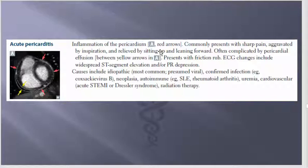I know one of the test questions I saw gives you this description, so you would have to know that it's acute pericarditis. Often complicated by pericardial effusion. So there's your effusion between the two yellows. You get friction rub. ECG will have changes, so widespread ST segment elevation, PR depression. Causes include idiopathic, presumed viral, confirmed infection like Coxsackie virus B, neoplasia, autoimmune, uremia, cardiovascular, and radiation therapy. Dressler syndrome,